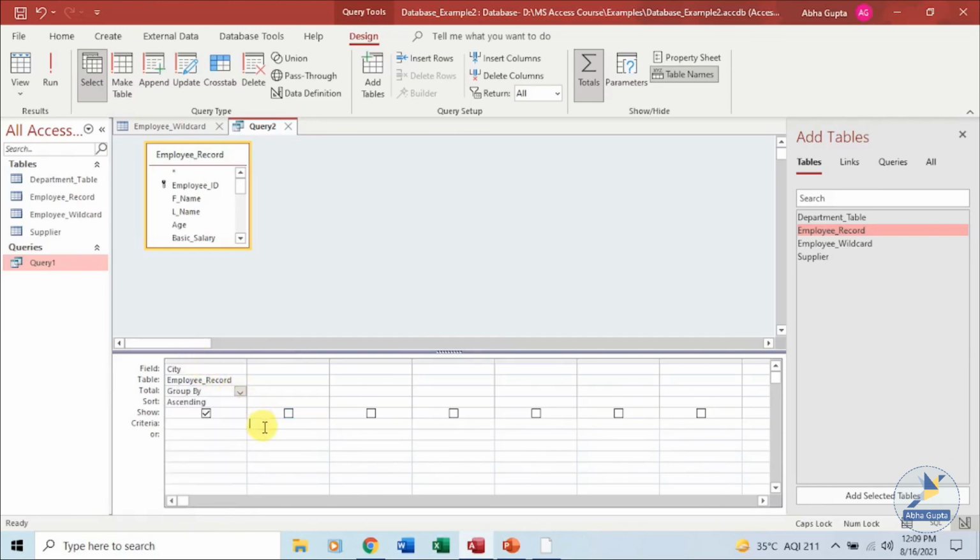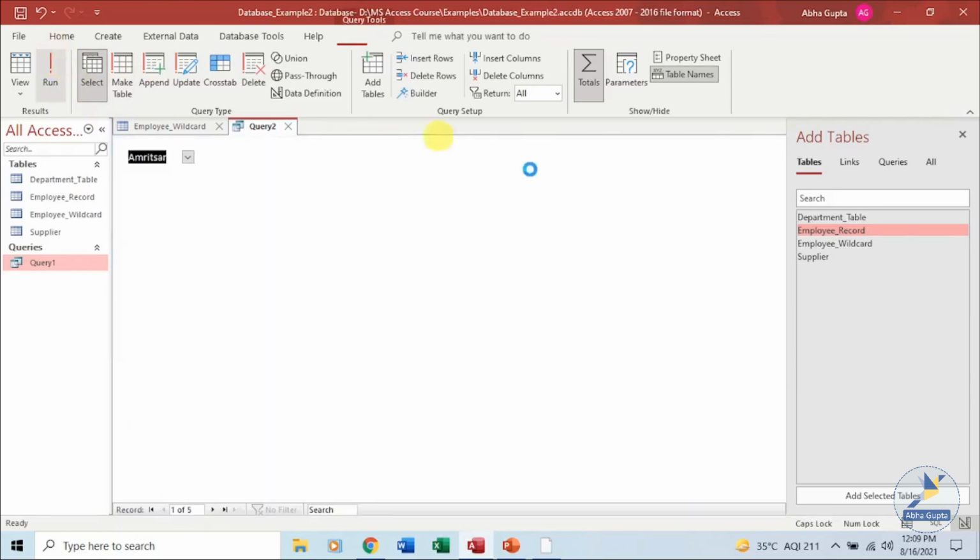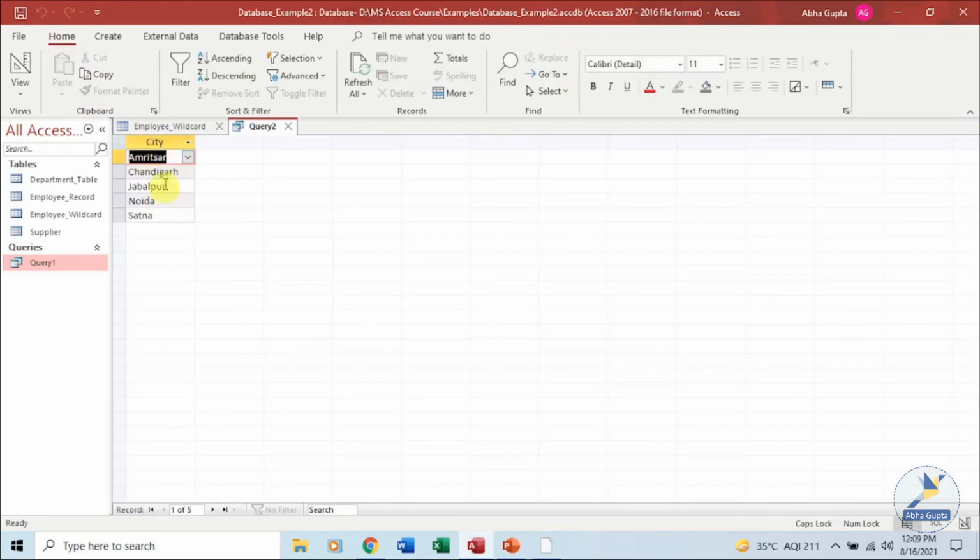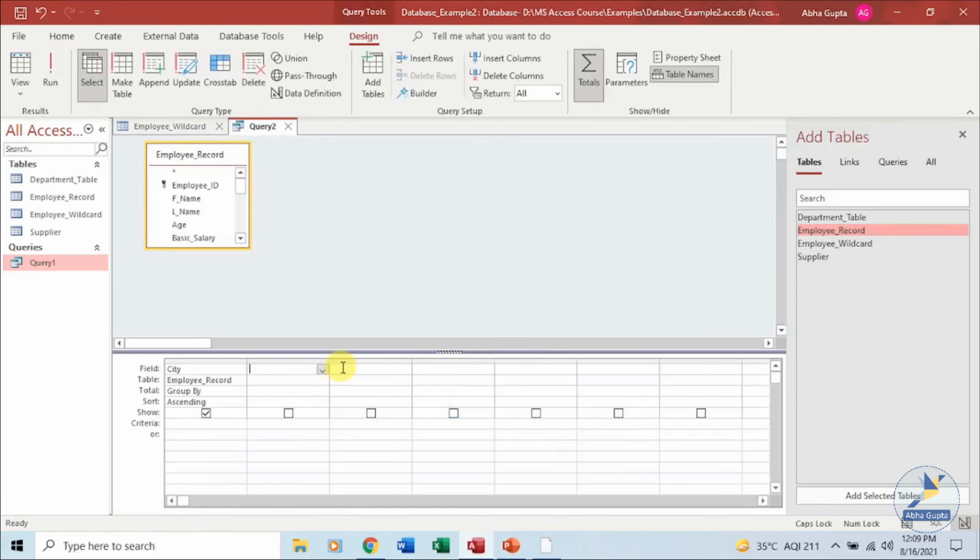If I click on group by over here and run, you can see the group of only the cities is being shown over here. Let's add one more field over here, same thing, city, and instead of grouping it, I want to see the count of all these cities, like in one city what is the total number of records present. That can be done. So your group by function groups the records that have the same value in a particular field and returns the count of those values.